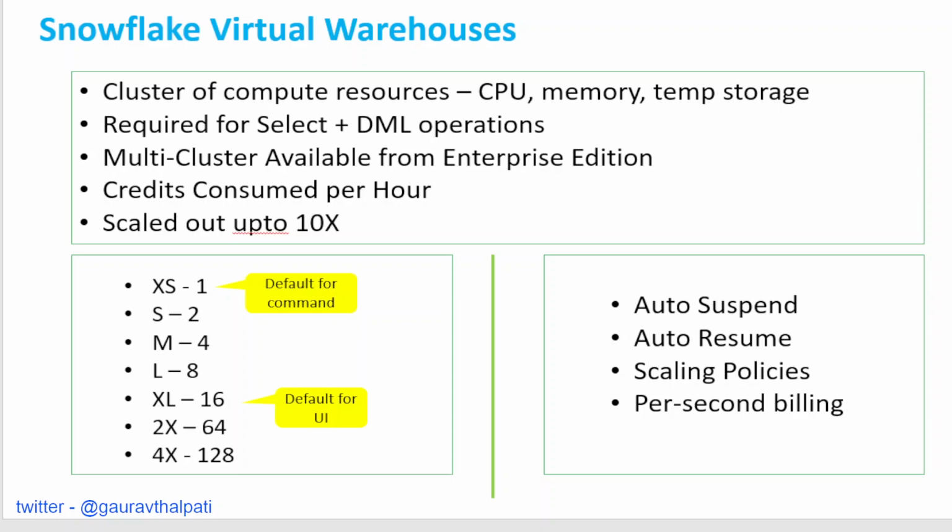So let's say you are running a small virtual warehouse and you find there are multiple people running queries and you want your concurrency to be scaled up, you can go with a multi-cluster warehouse. So what will happen if you're running a small virtual warehouse and you go with a multi-cluster kind of setup and you say, okay, I can go up to 5 clusters? You will get 5 small virtual warehouses, so within that virtual warehouse you will get 5 small servers, you can say, which are going to run the query or help you do concurrent query processing at the same time.